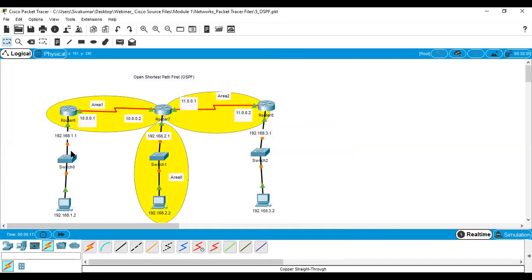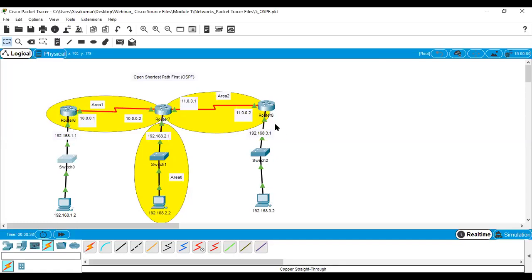These are the commands you have to type. Double click on switch, go to CLI, hit enter. You have to type all the commands shown in the PPT. If you have to configure switch and router, you configure them in this manner.